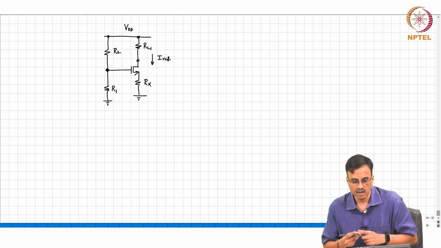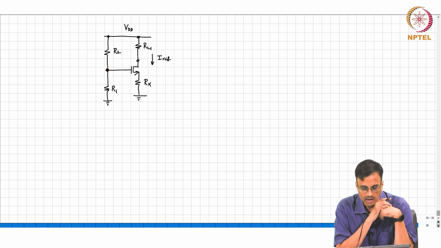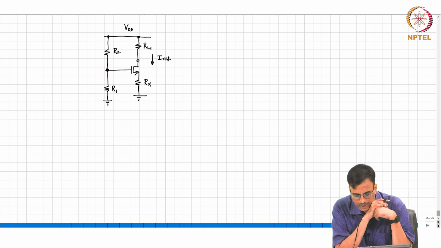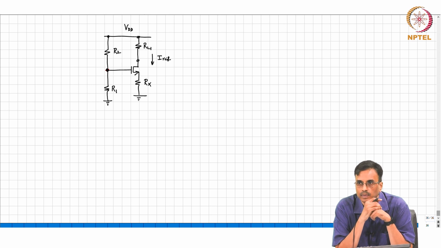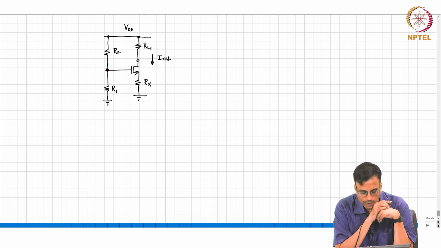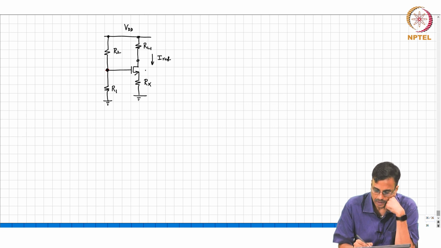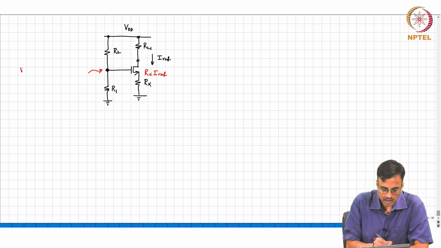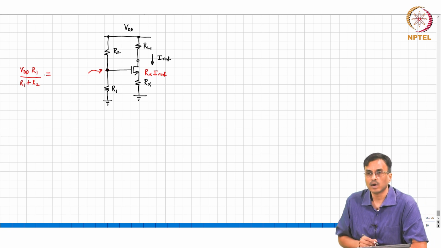How will we go about choosing Rx, R1, R2 and VDD? We want a current IREF in the transistor. What do we do? Let's say we've chosen Rx. How will we figure out what R1 and R2 must be for a given VDD? What is the source potential? That is Rx times IREF. What is the gate voltage? Okay, VDD times R1 by R1 plus R2, which must also be equal to,